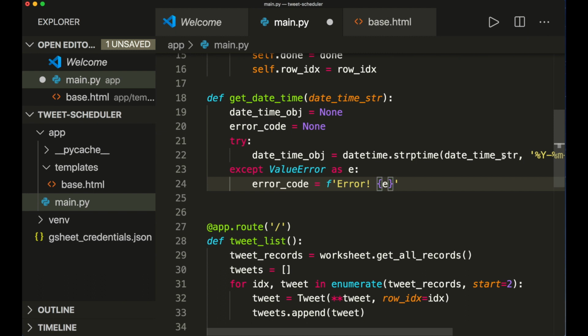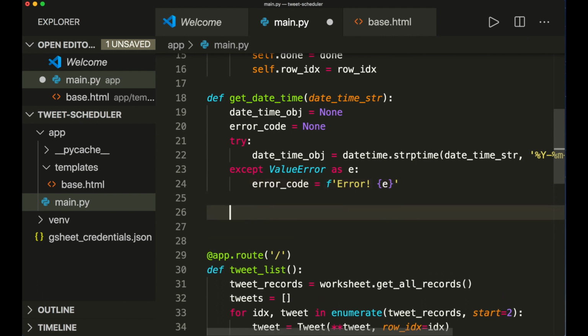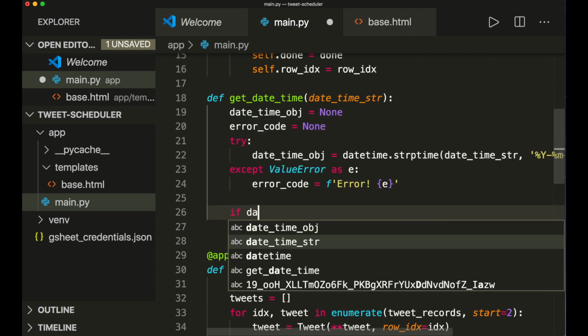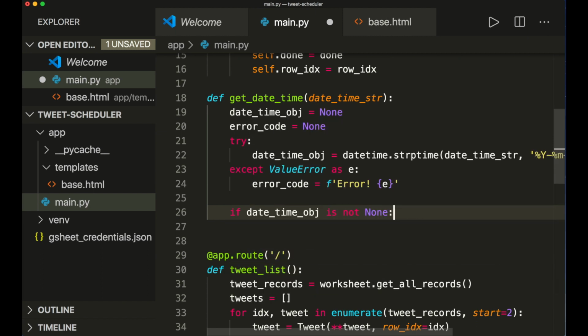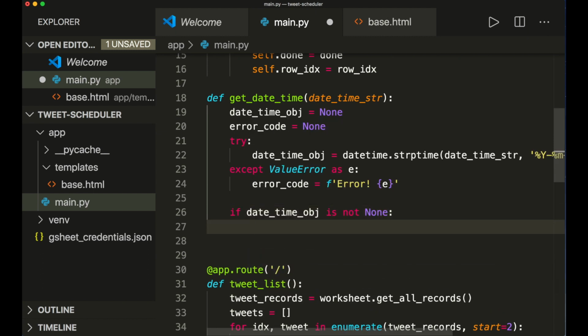And then if this worked, then what we also want to do here is check if our date is in the future. So we say if datetime object is not None, then